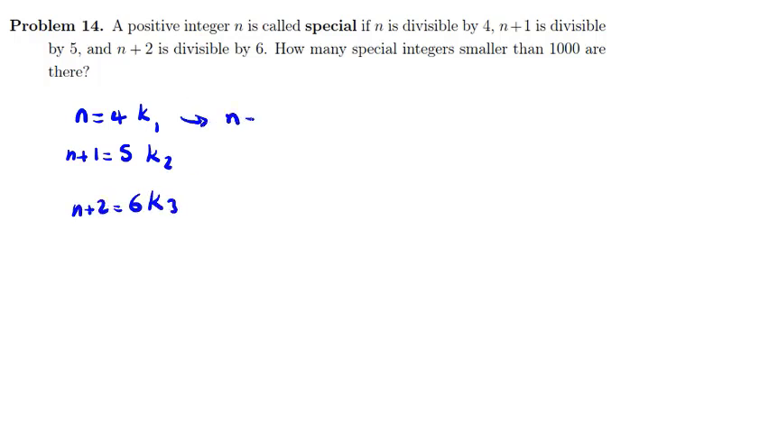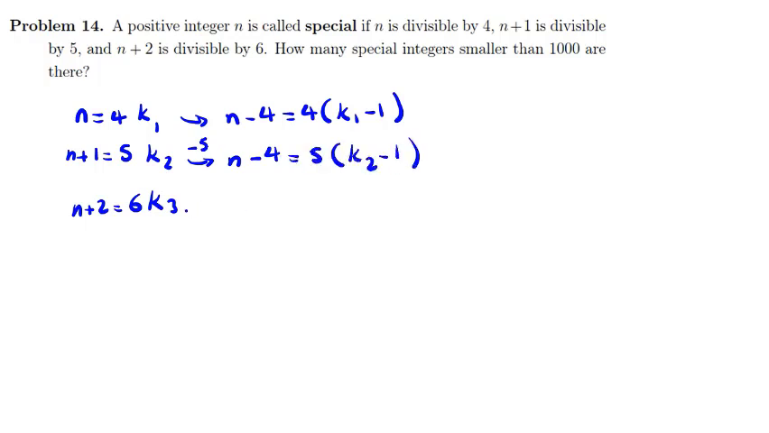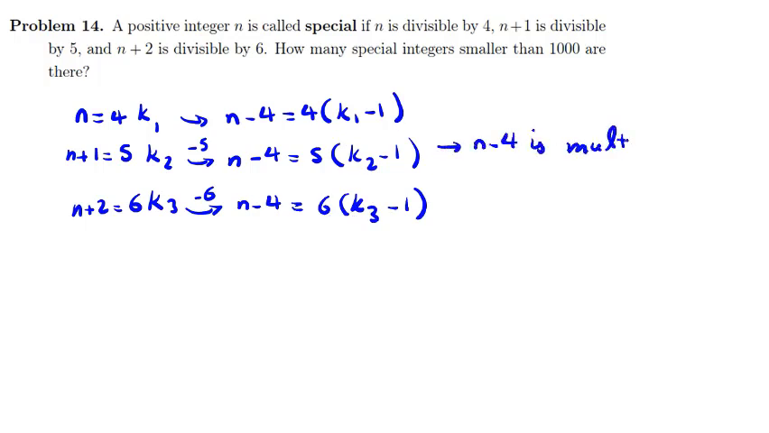So I can say n minus 4 is also 4k1 minus 1, a multiple of 4. If we subtract 5 from both sides, n minus 4 is 5k2 minus 1, we can factor. If we subtract 6 from both sides, it will be n minus 4 equals 6k3 minus 1. So n minus 4 is a multiple of all of them, 4, 5, 6. So it is a multiple of